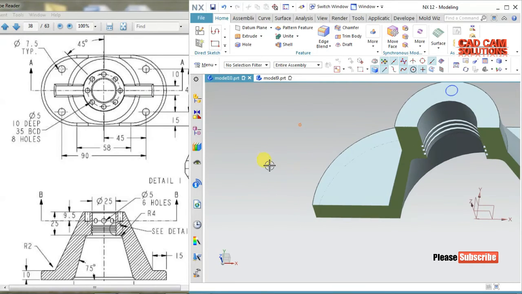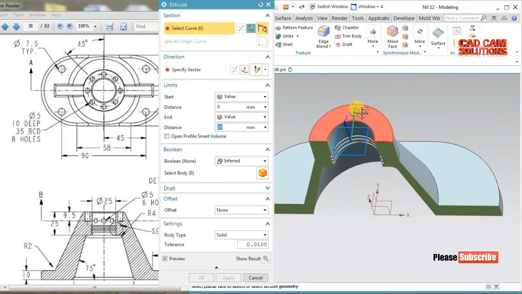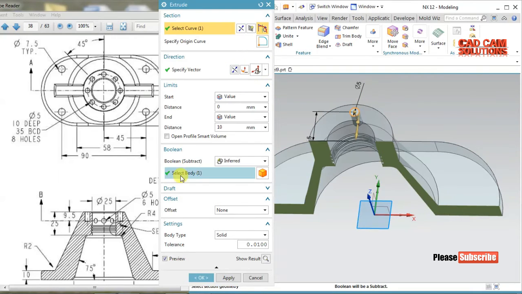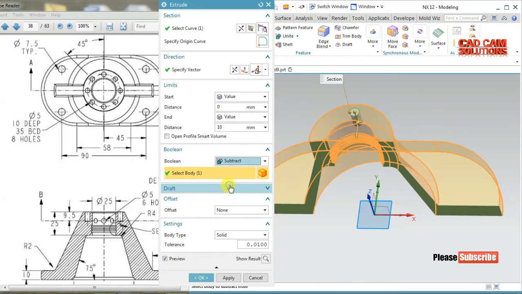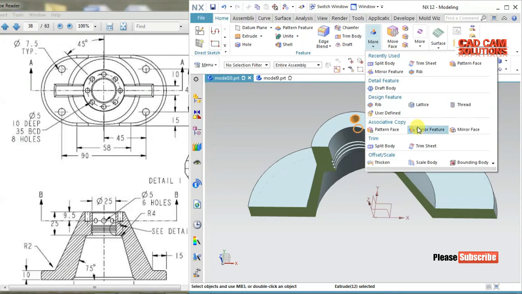And because it's a hole, so we have to cut it. So I choose extrude and reverse direction, and the depth of these holes are 10 deep, and the boolean is subtract, and click on OK, or hide the sketch and select the extruded portion. And now I will